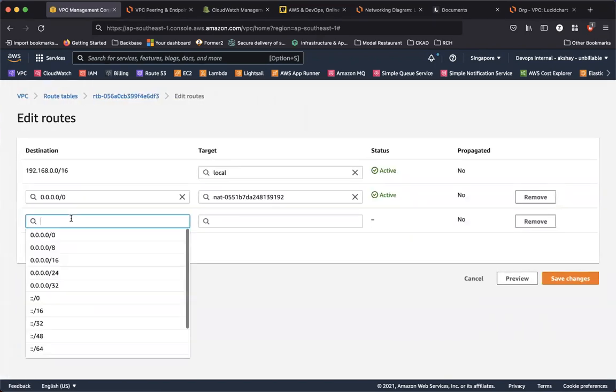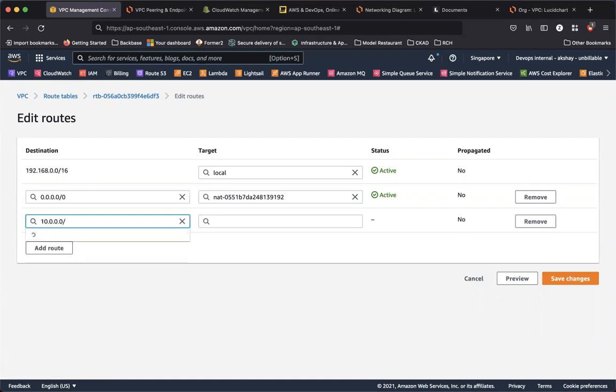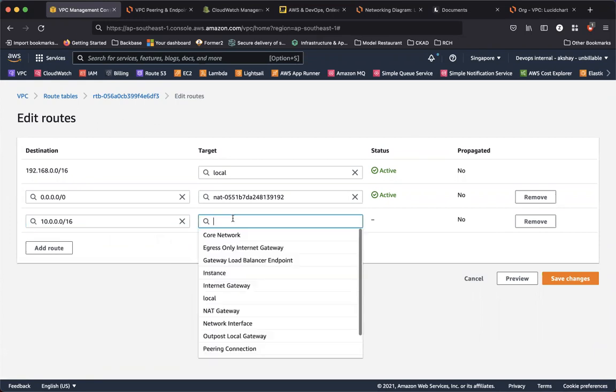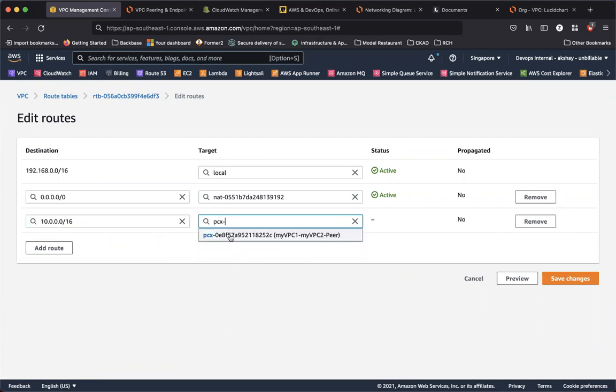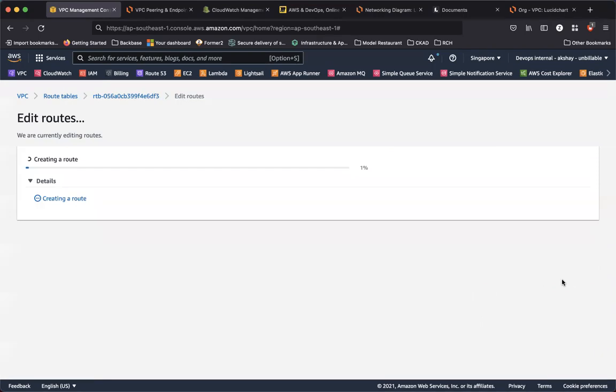This VPC is the 192 network, but the cross one is the 10.0.0.0/16 network. You can even denote the respective subnet range if you want to. For simplicity's sake, I'm modifying it to be the VPC range itself, but you can put your respective subnet range. Let's choose the peering connection and save changes.